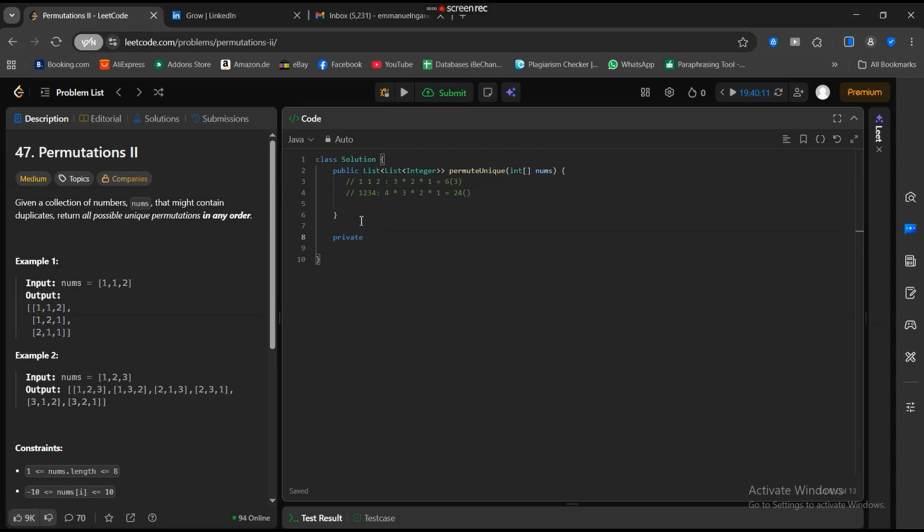It doesn't return anything, right? Private void. Anyway, we can change it whenever we want, right? Private void findPermutation,